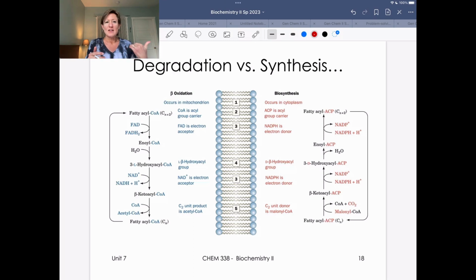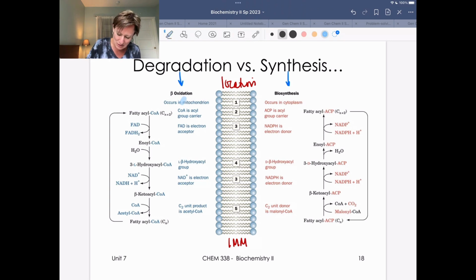So as we think about fatty acid degradation, which is beta oxidation, and then fatty acid synthesis, one of the things that's unique about these catabolic and anabolic pathways is they are differentially regulated by location. So to put a couple of notes up on here, again, this location is key. This is the inner mitochondrial membrane. So degradation occurs exclusively, again, that's beta oxidation, in the mitochondrion,